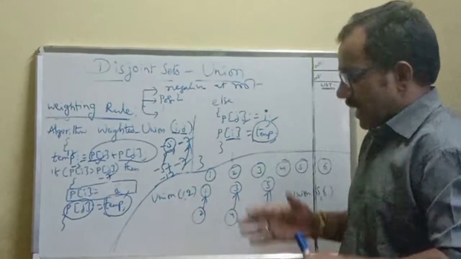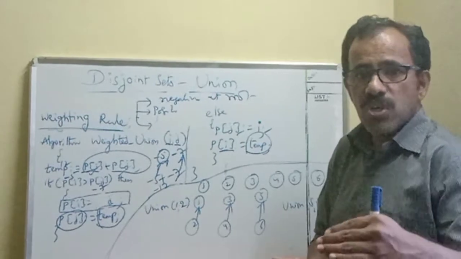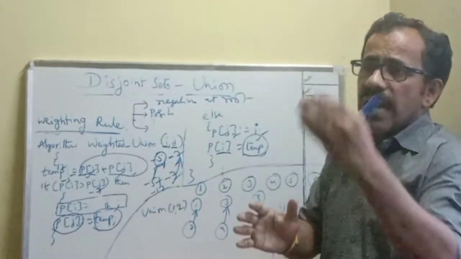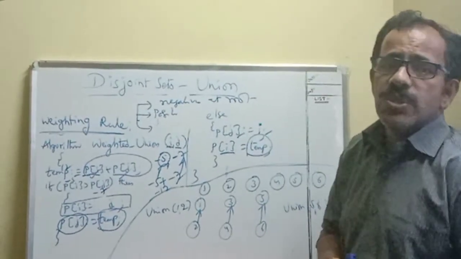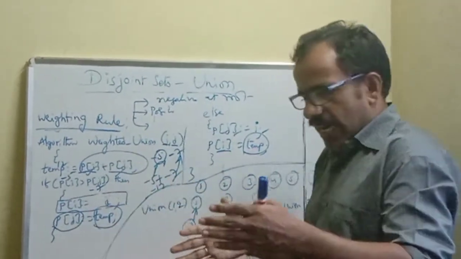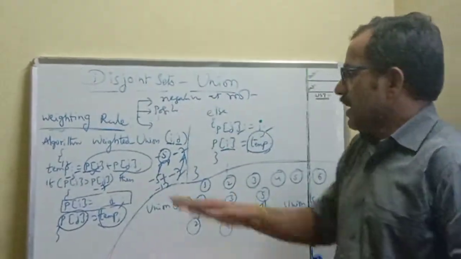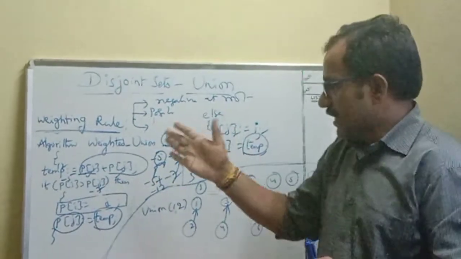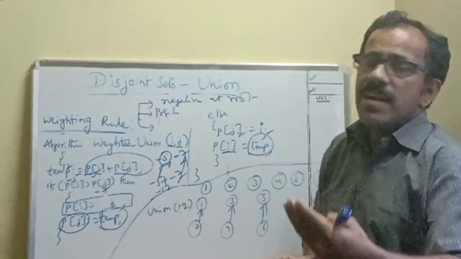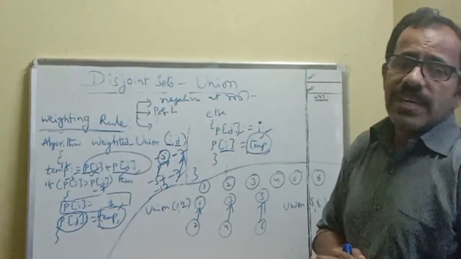Okay? So first, assign the number of nodes in that particular subtree as positive at the subtree root nodes. But at the final root node, means a tree root node, assign a negative number. That particular negative number is used for finding the root node. Okay? So before starting the comparison, first add the number associated with the first tree root node and the number associated with the second tree root node. After adding, we get the result. That result we are going to assign after combining the tree structure. After unionizing, the combined tree structure, this temp must be assigned to that. Okay? So like this we can construct a tree structure according to weighting rule.